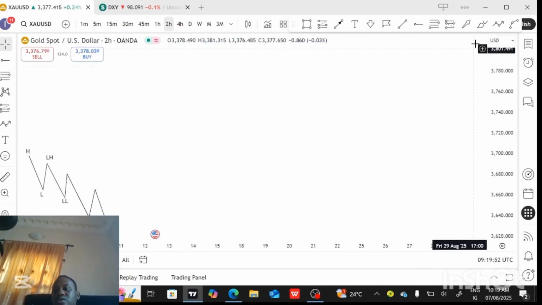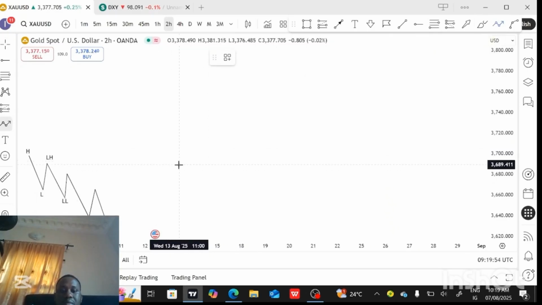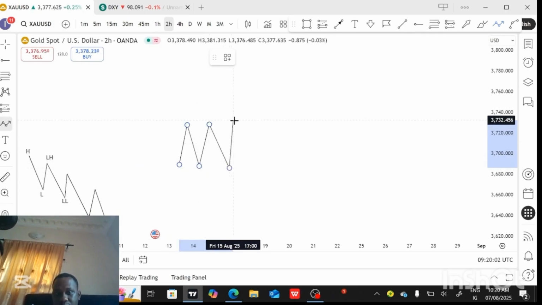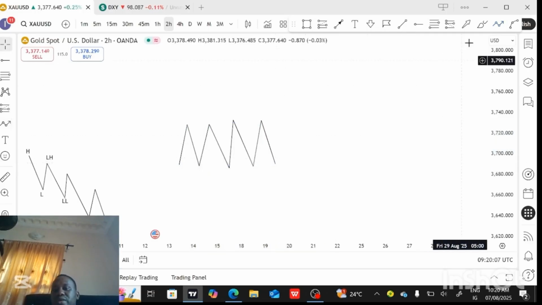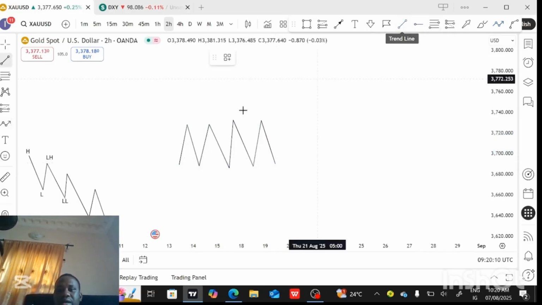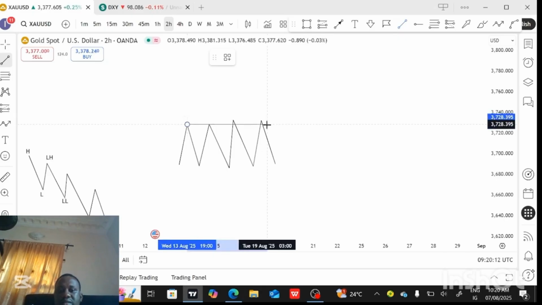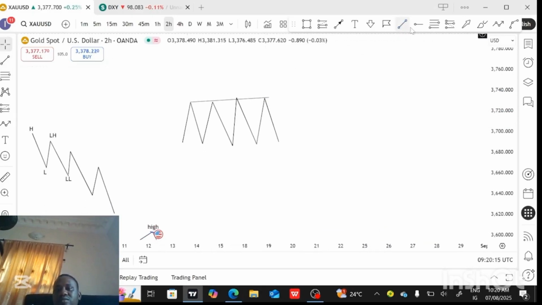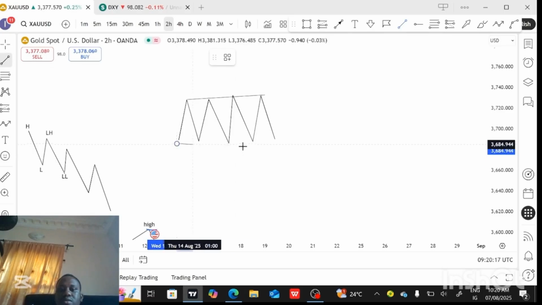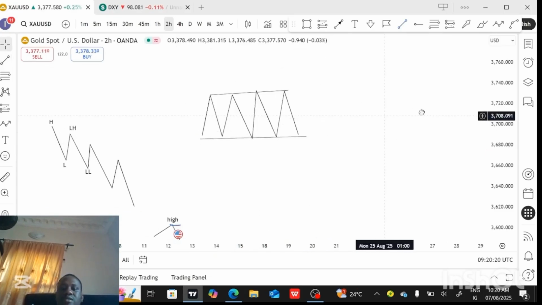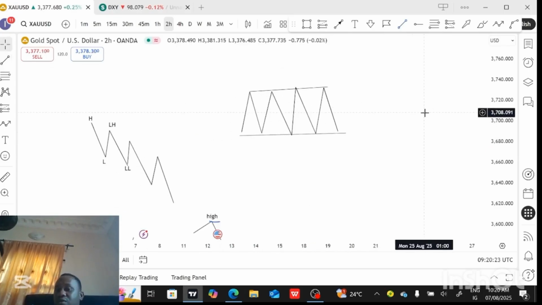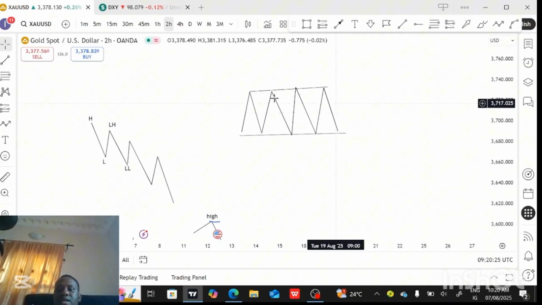So the consolidating part, or the ranging part, is when the market is not trending upward, it's not trending downward. Just giving us something like this, right? So you cannot say price is in an uptrend. You can't say price is in a downtrend. If you look at this, this is relative equal high. Okay, relative what? Equal low. So you can't say price is trending upward, you can't say it's trending downward. So if you're not an experienced trader, you're advised to stay clear of this so you don't lose your account,